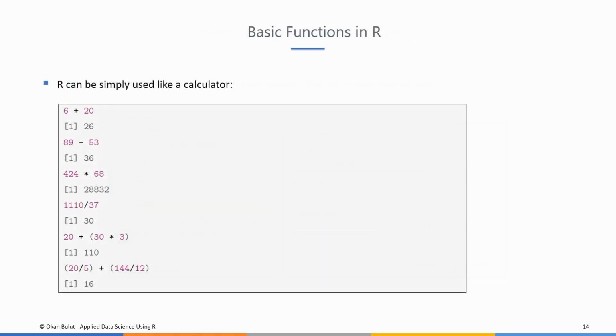So of course we will do a lot of analysis in this class. However, R also could be easily used like a simple calculator. So you can just add up numbers, subtract them, multiply them, divide numbers. You can do combinations of those operations. You can basically simply add things up, multiply them, divide them, and within the same line, just like you are